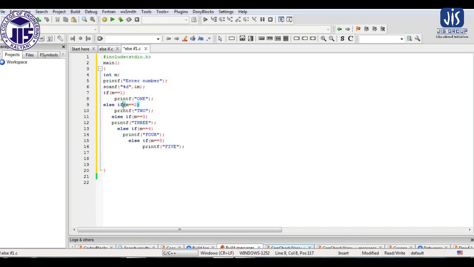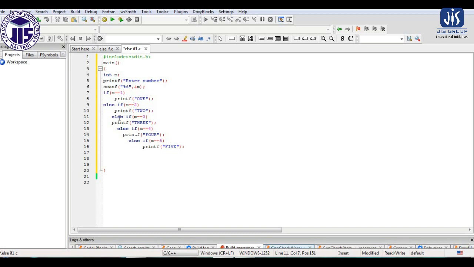This if condition will be verified only if the condition we applied here, m equals 1, is false; then only it will come to the else and verify this condition. Similarly, this condition will be verified if the previous condition, m equals 2, is false.